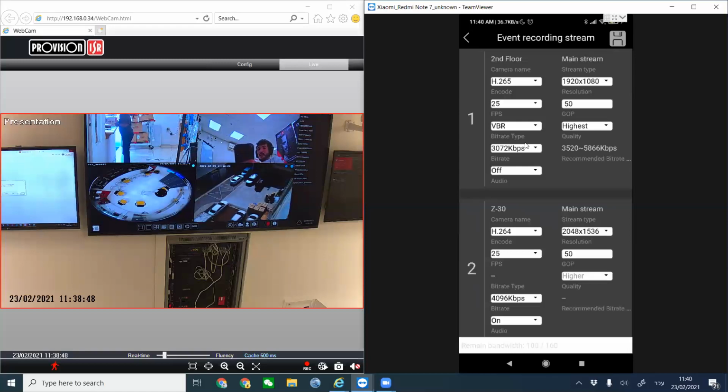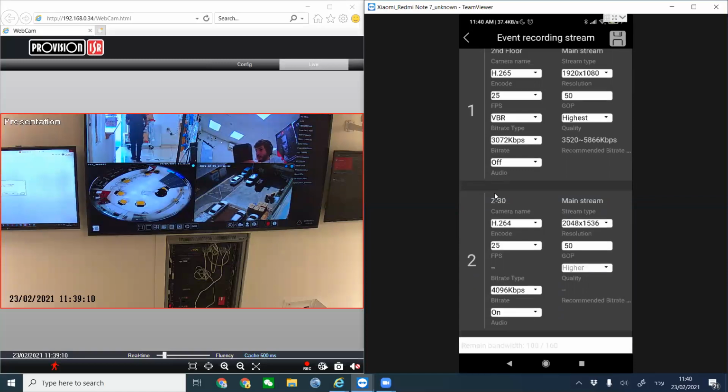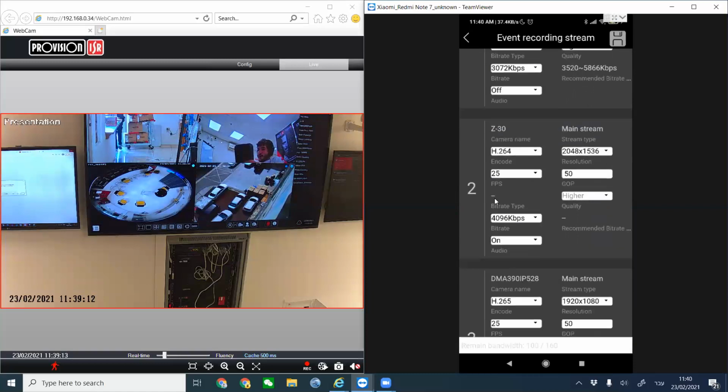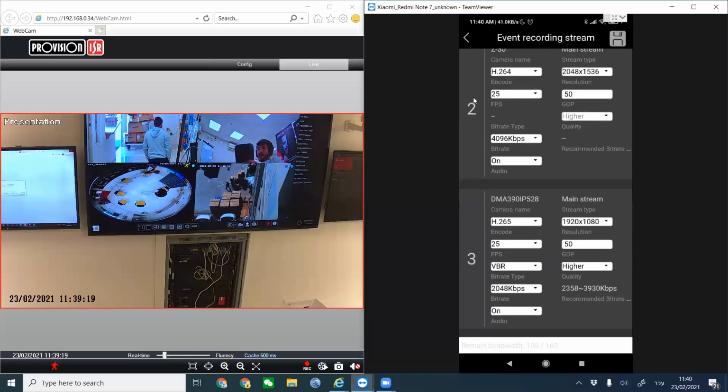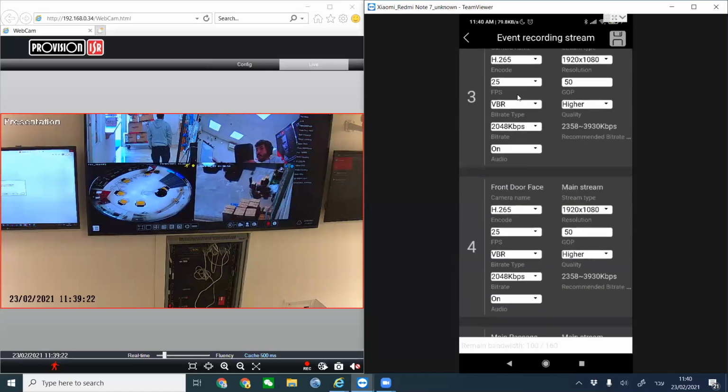Event recording stream, whenever we have an event, motion, sensor, face detection, face recognition, vehicle, analytics, whatever, whenever there is something that happens, an event, then the resolution is going to be as follows. For one second floor camera, this is just one of our cameras, and we have a different menu for every camera. Whenever we choose the camera that we want to edit, we just edit the